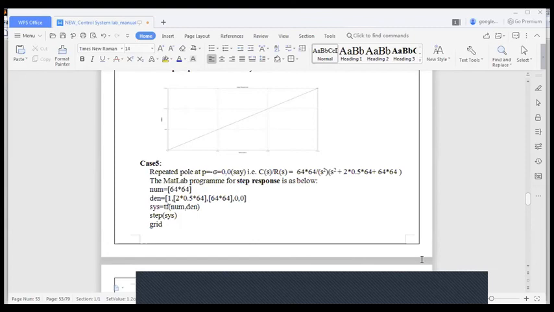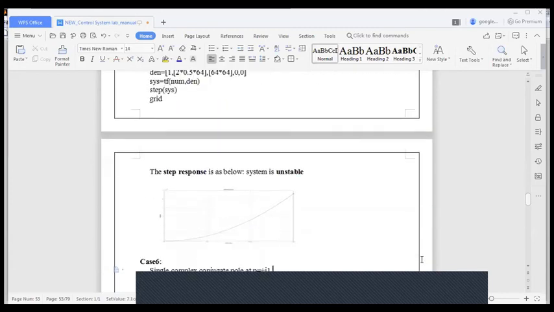You simplify the transfer function, arrange the coefficients in the decreasing power of s, and then you have to enter in the denominator. There is no change in the numerator. Is it clear? So then apply the system transfer function and observe the response. You know how to run. You see that in this case, when you add the pole for repeated location, the system will be unstable. The magnitude is increasing as the time tends to infinity. That's why we declare the system is unstable.